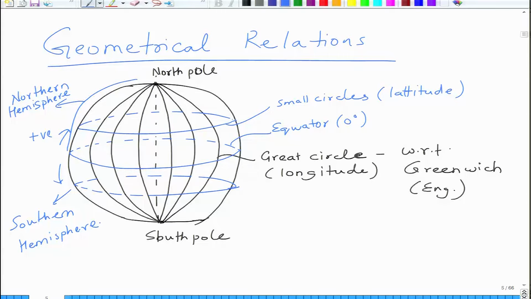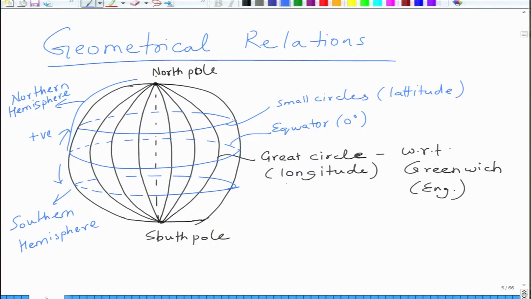So Australia, for instance, would fall in the southern hemisphere. South America, most of it, would fall in the southern hemisphere, and some part of Africa would also fall in the southern hemisphere, whereas India and China and Russia and all of Europe and some part of Africa will fall above the equator. That will be in the northern hemisphere. So the relations of angles change depending upon whether you are in the northern hemisphere or southern hemisphere. Most of the calculations that we will do in this lecture are related to the northern hemisphere, but there are some pluses or minuses which come into the picture when you deal with